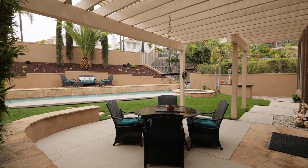So if you want a property in Foothill Ranch, over 3,600 square feet, 4 en-suites, a bonus room, 4.5 baths,